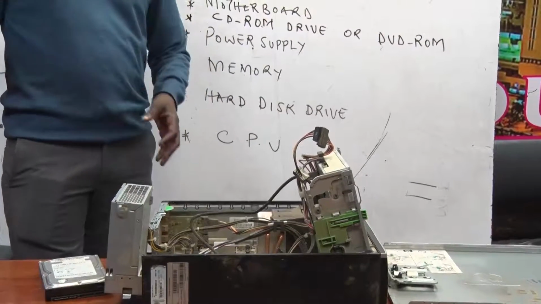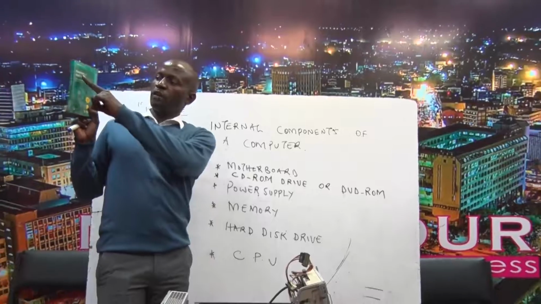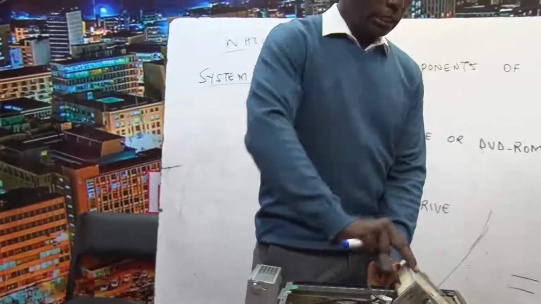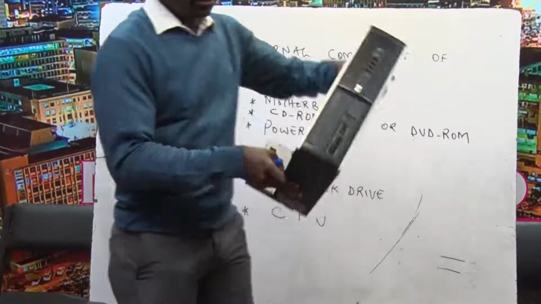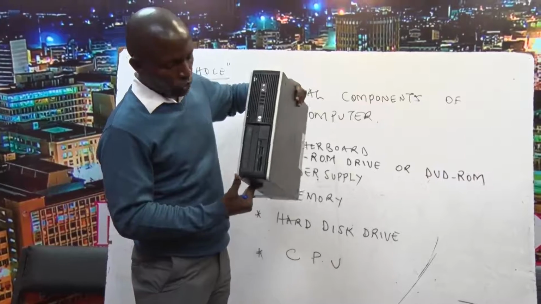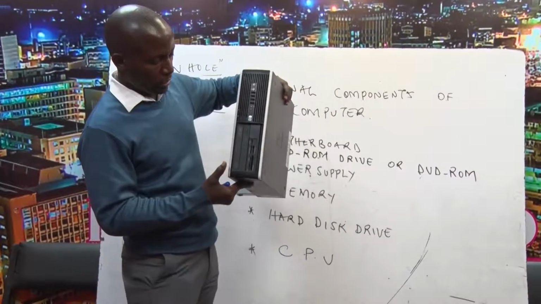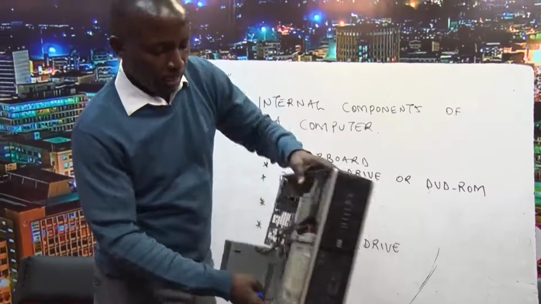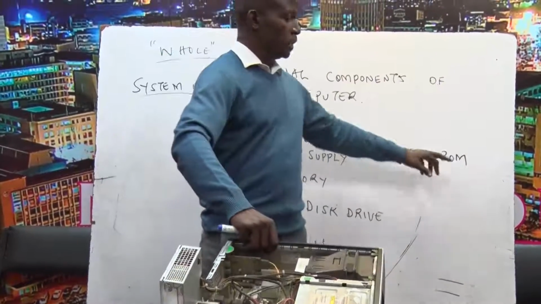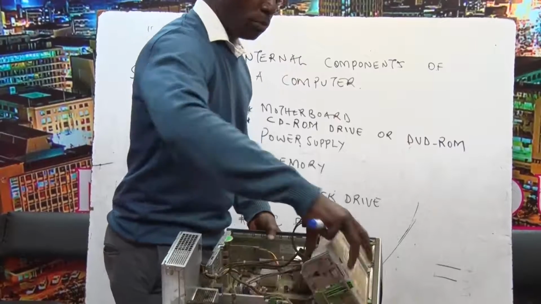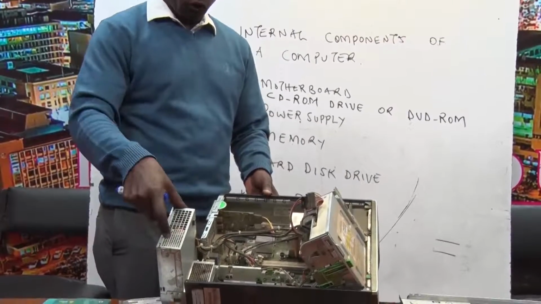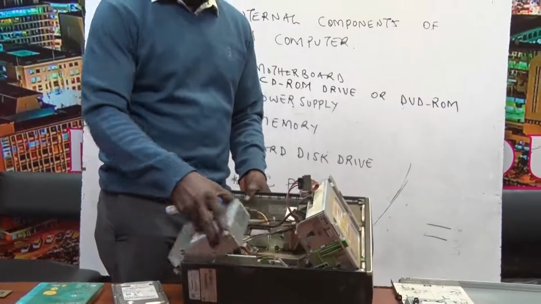I have got a software here. This is an antivirus software, we call it Kaspersky Antivirus. When I want to install it, I always have to insert the CD right inside the DVD drive, because that software comes stored in a CD, that is a compact disc. So this particular drive here, what we are referring to as the CD-ROM drive or the DVD-ROM, has to be powered for it to work. And where does that power come from? That power comes all the way from your power supply unit.